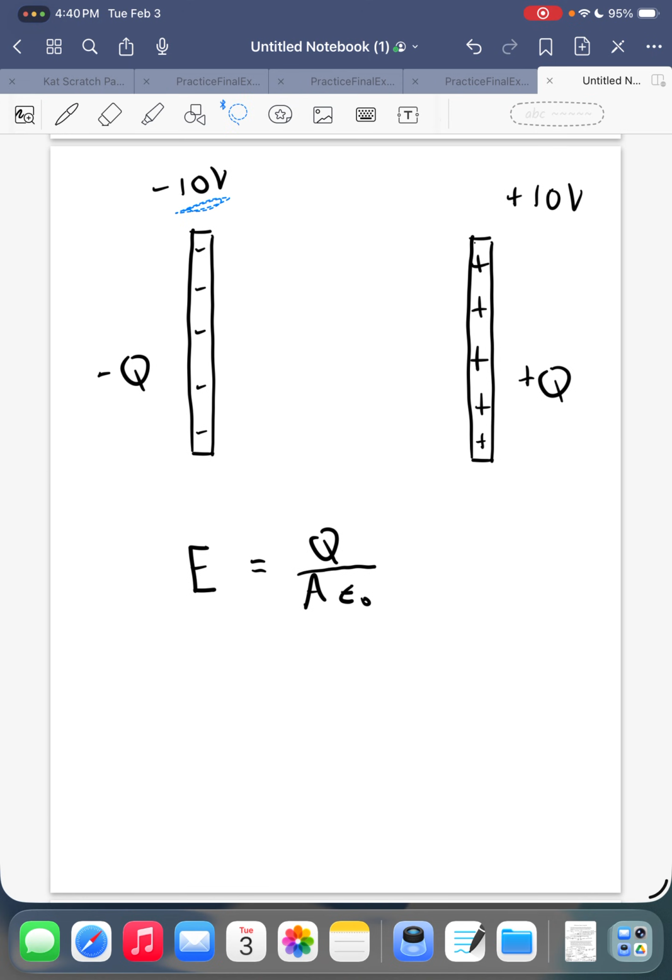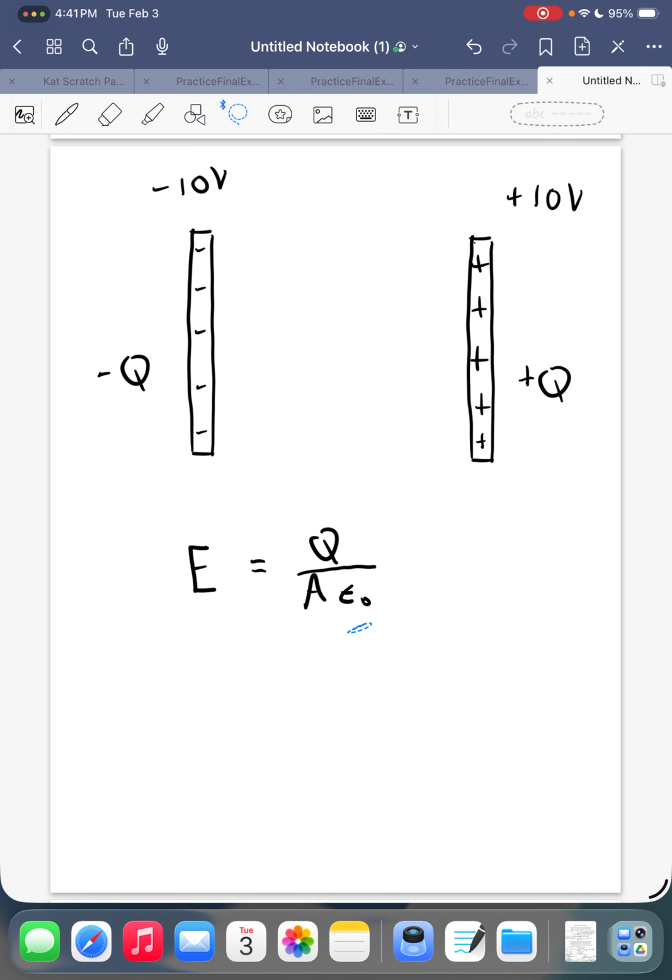One's at minus 10 volts and another one's at positive 10 volts. This one has plus Q charge on it. This one has negative Q charge, exactly the same amount but different sign. Now we know something about the electric field. This is a formula for two parallel plates. The E field equals the charge on one of these plates divided by the area of the plate times epsilon